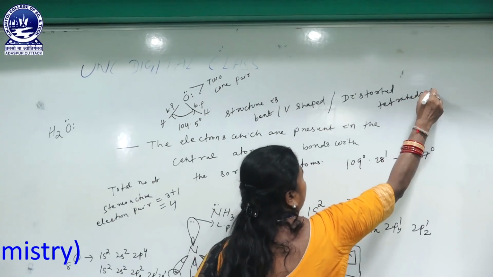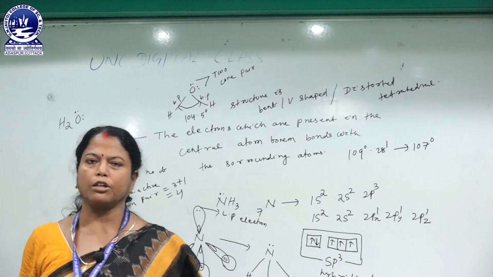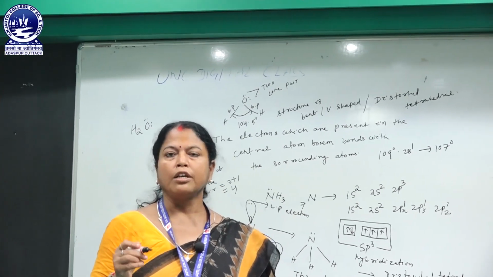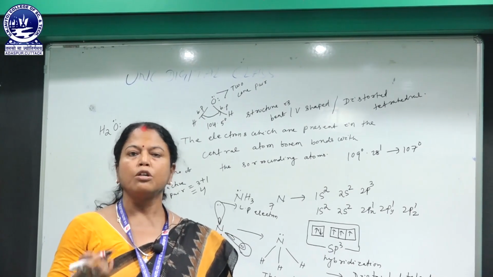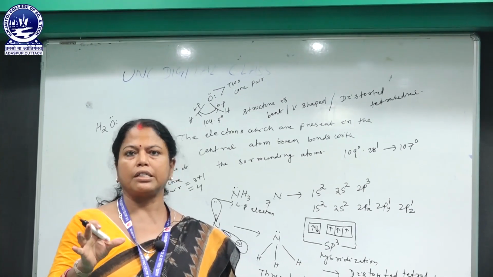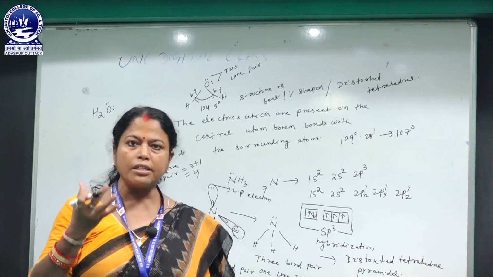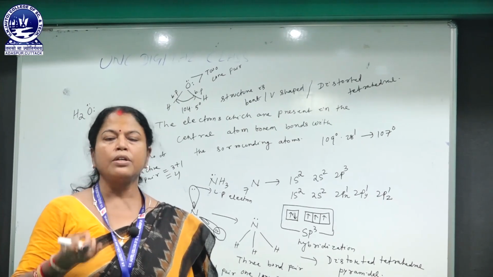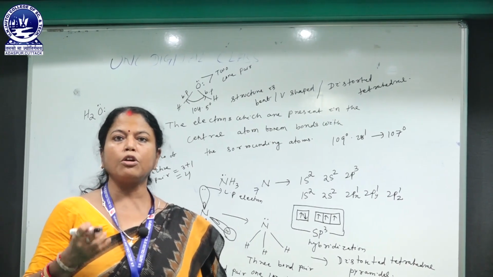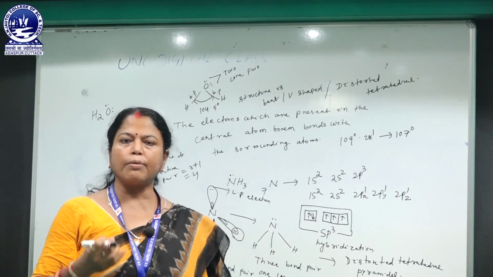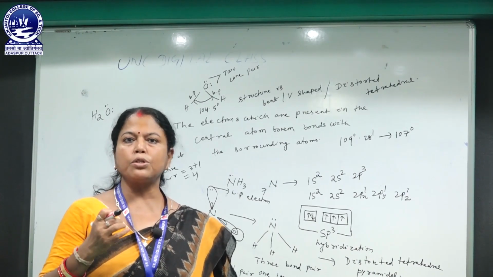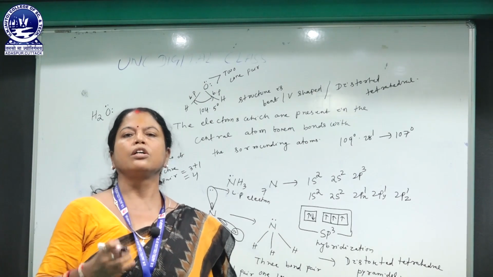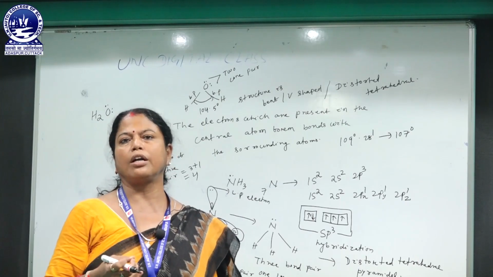So this is all about your valence shell electron pair repulsion theory, which is purely based upon hybridization. But if we go through this theory, we see that there are two possibilities, because if we take the general consideration of VSEPR theory, we can make that theory on the basis of single covalent bond. So what is a covalent bond? The chemical bond which is formed by the mutual sharing of electrons between two or more similar atoms or dissimilar atoms is called what?